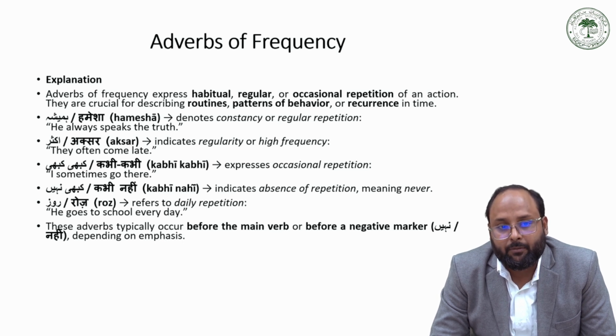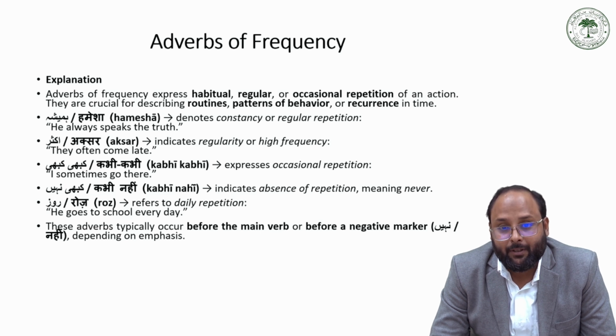So we have the adverbs of frequency like हमेशा, where something happens regularly or in a regular repetition manner. So he always speaks the truth. वो हमेशा सच बोलता है. They often come late. वो अक्सर लेट आता है. वो कभी कभी स्कूल जाता है. So that expresses the meaning of occasional, and अक्सर means with high frequency, mostly,